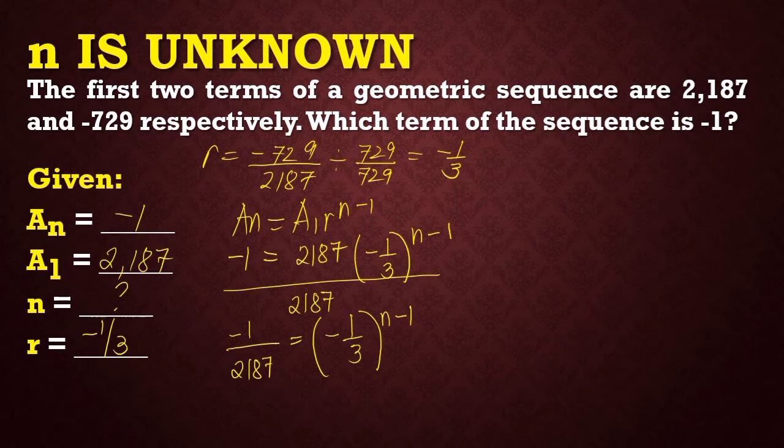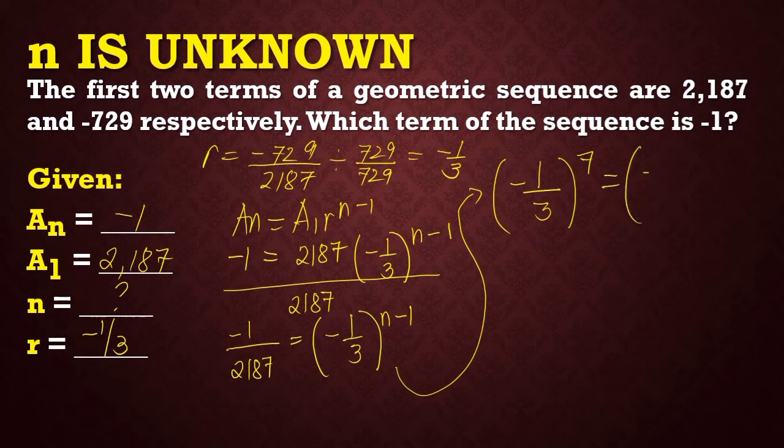So, i-rewrite lang natin dito. So, kung iisipin natin yon, ang sagot, negative 1/3 raised to 7 is equal to negative 1/3 raised to n